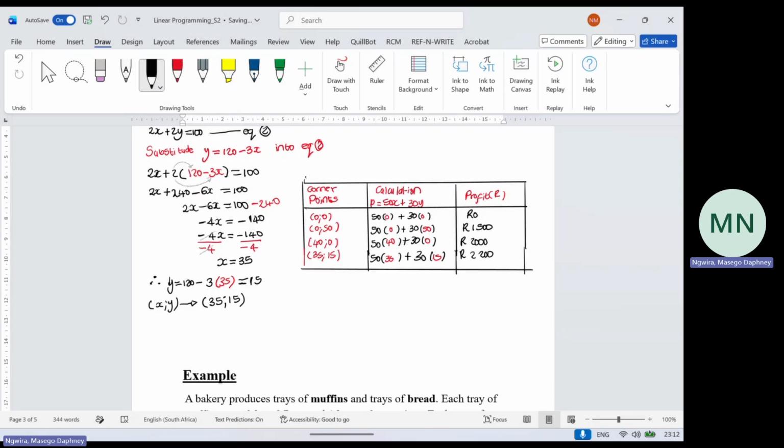All right. So you will see that when you compare this profit, the maximum profit is 2,200. So it means that for us to maximize the profit, we're going to need 35 tables and 15 chairs. Remember, X and Y are your tables and chairs. All right. So therefore, this means that the